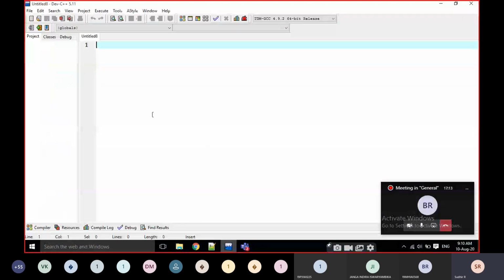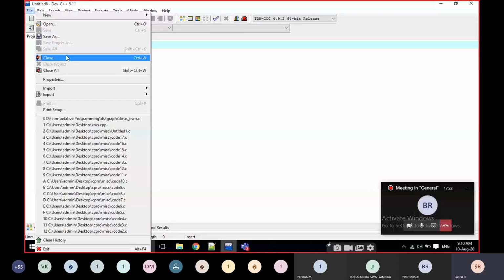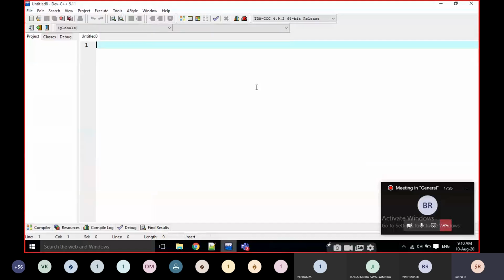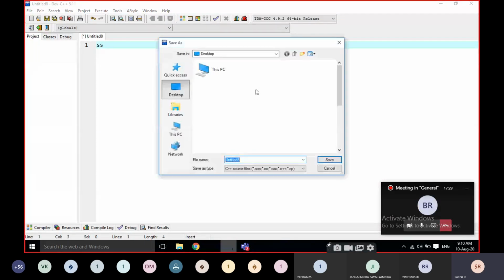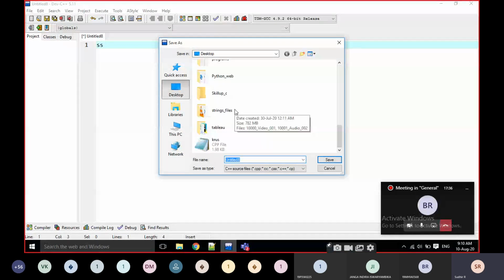If you are not writing anything and you press Ctrl S, it is not accepted. Type something and press Ctrl S. Then it will ask where you want to save. I want to save this file in the SkillupC folder.